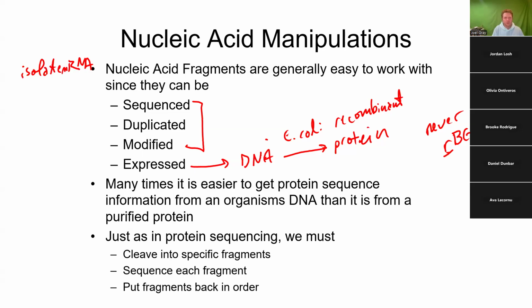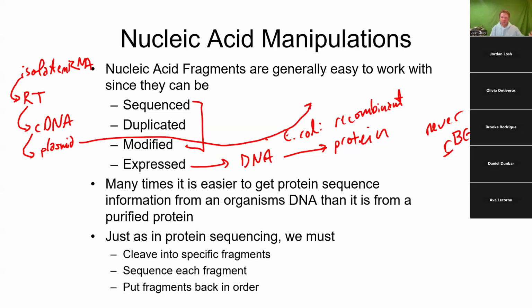And RNA comes in a couple of different forms. You're going to isolate mRNA, messenger RNA. That messenger RNA, you're going to use reverse transcriptase, an enzyme that takes an RNA molecule to make DNA. And with that reverse transcriptase, you're going to make a reverse transcript, and that's going to allow you to make a cDNA of that gene that you're interested in. That cDNA, you're going to be able to put that into a plasmid or a vector and put that into something like E. coli, and then you're going to be able to overexpress that protein and get a lot of